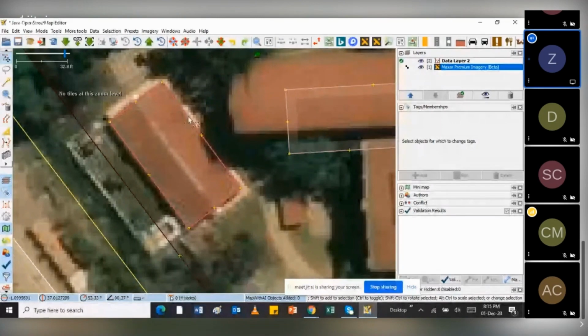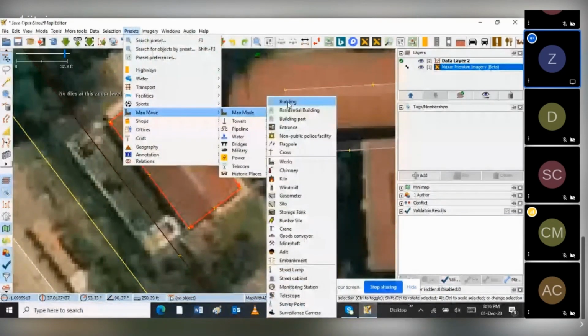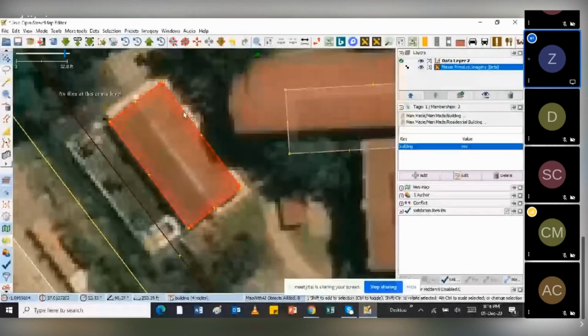For JOSM, it's a bit different. So I'll just build a line. The line will appear gray, meaning that the building has not been tagged. And if I tag the building, then you see the appearance will change. It will turn red. It's a bit different compared to the other one.